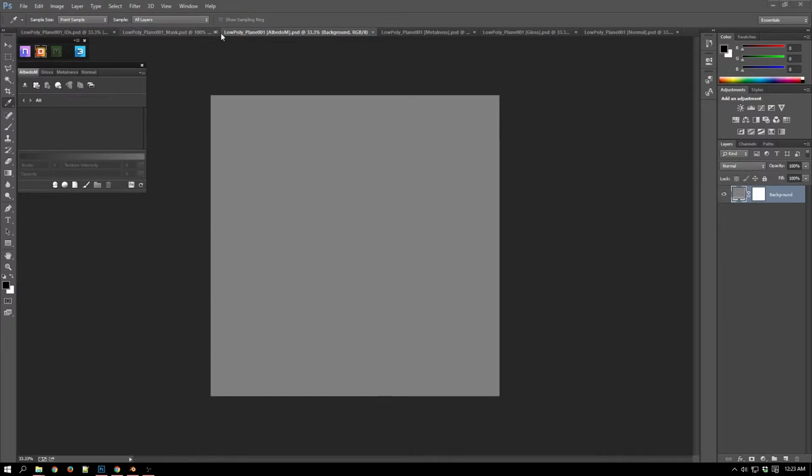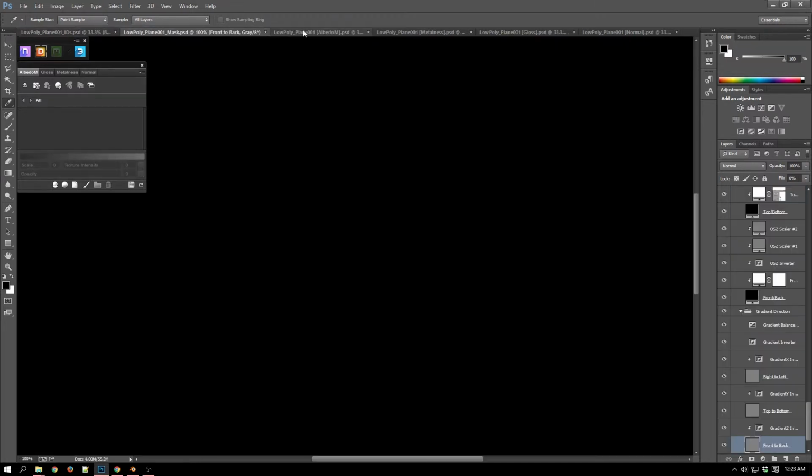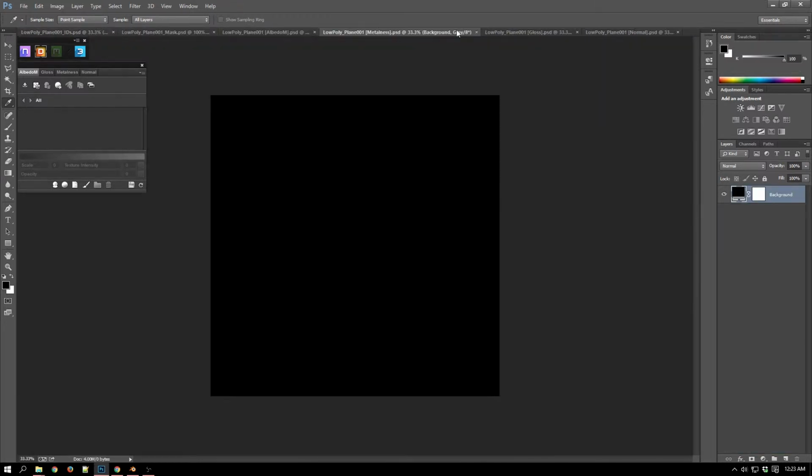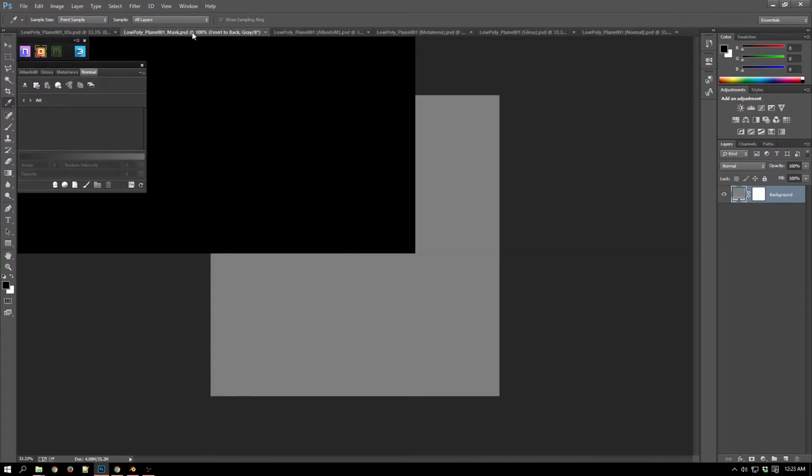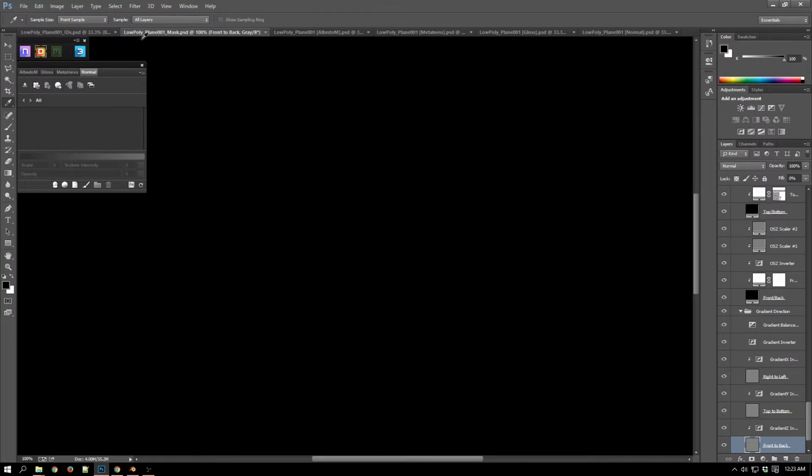Alright, now none of this is particularly useful. You'll notice that it's actually opened up a whole bunch of what are essentially blank documents. And that's because right now it's not actually generating any textures. So let's open up,